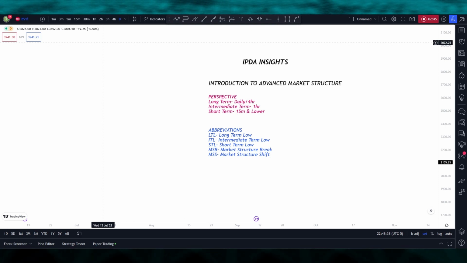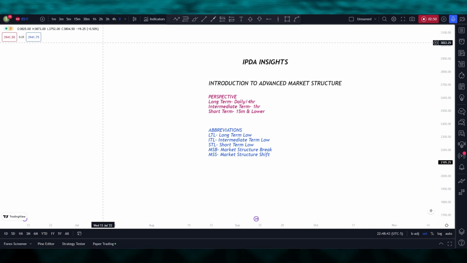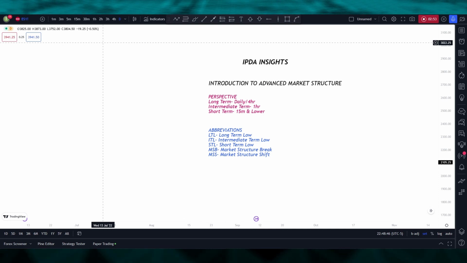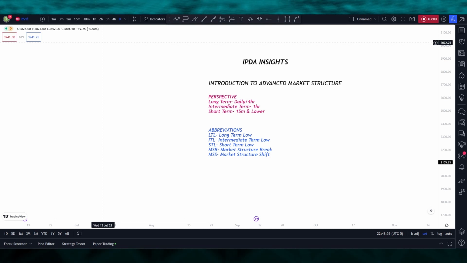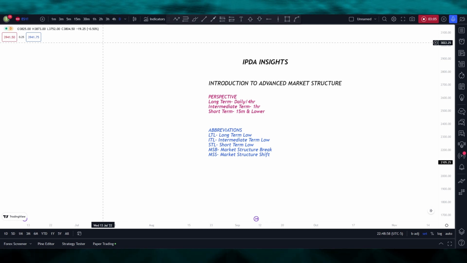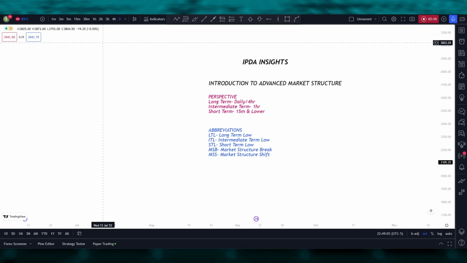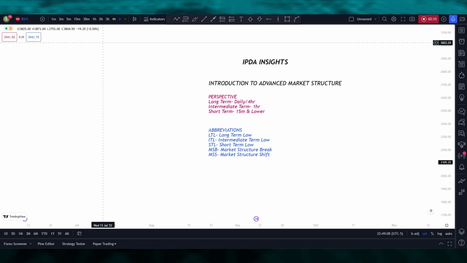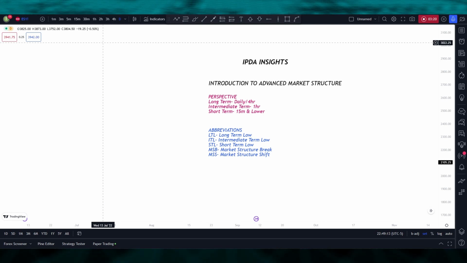And then we have our abbreviations. For this particular class, we'll be using lows. If you just want to understand the opposite of it, you flip it over for highs. So what do we have on our abbreviations or terminology? We have our long-term low, which is our LTL. And then we have our ITL, which is our intermediate term low. We have the STL, which is our short-term low. We have the MSB, which is our market structure break, and then the MSS, which is our market structure shift, which is usually confused with market structure break,